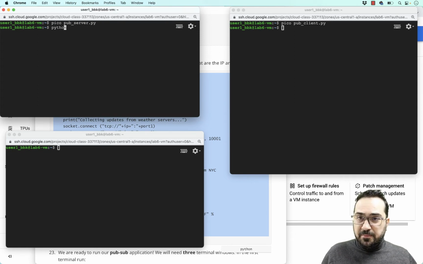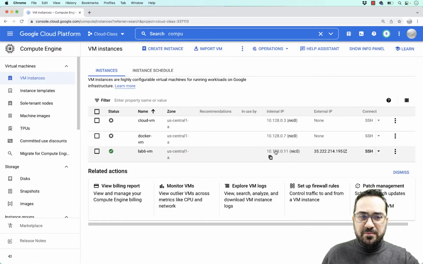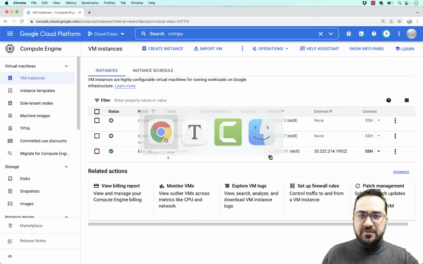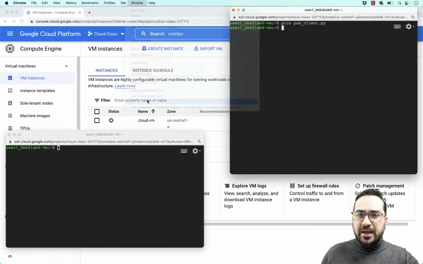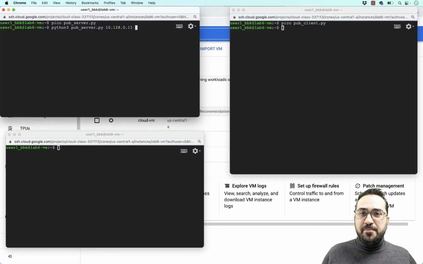Now, you have to say here python3, the name of your server, pub_server. Then we expect to have the IP address, because we said we'll pass it as an argument. So you can see I go back to my GCP and copy this. Now bring all these windows again in front of you. Paste it here, and the port of this IP address. The first server will run at port 5555. I will not run it yet, I will just organize my scripts here. So this is the first server.